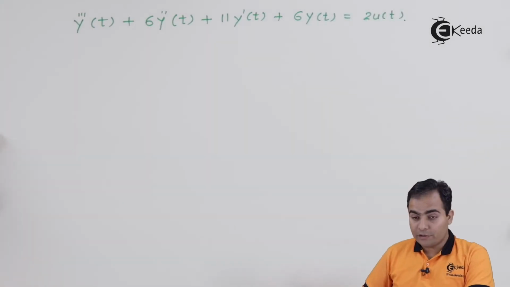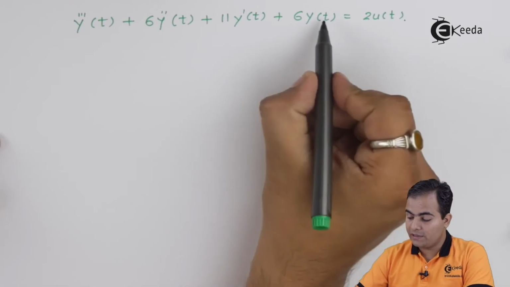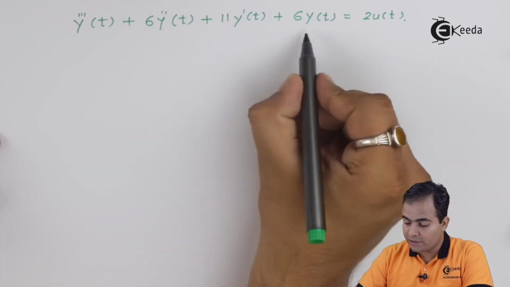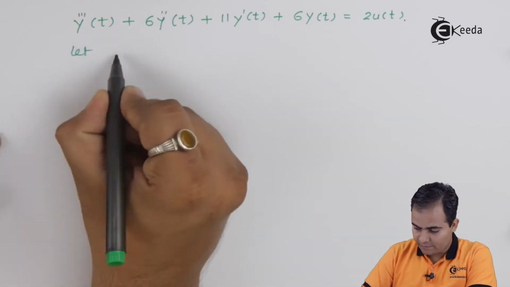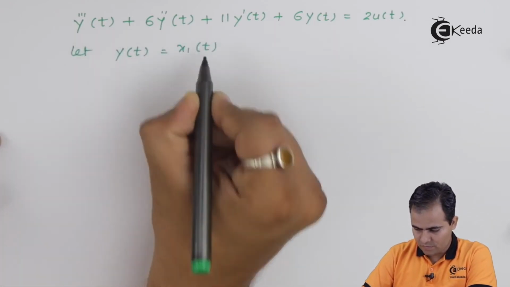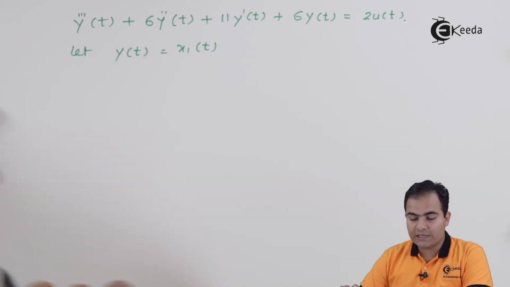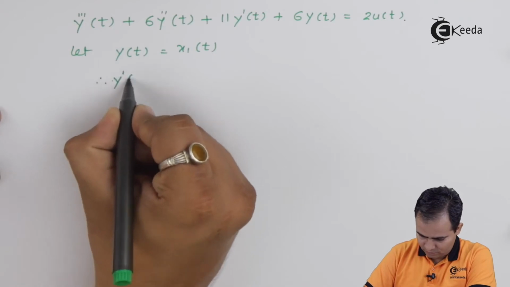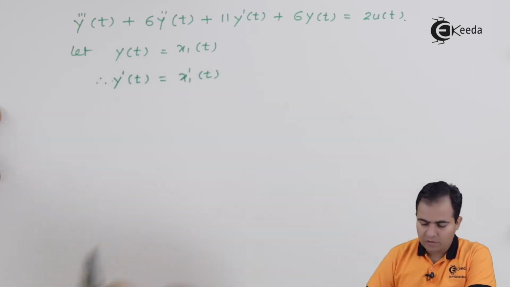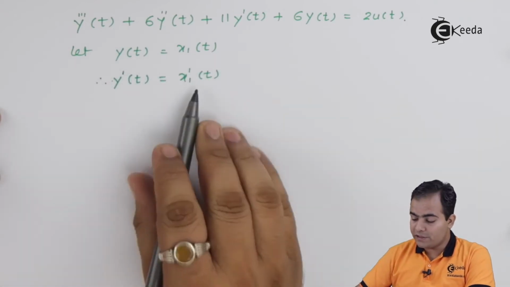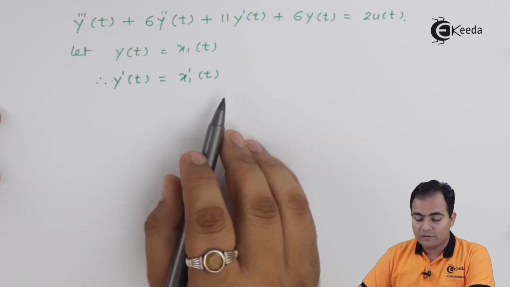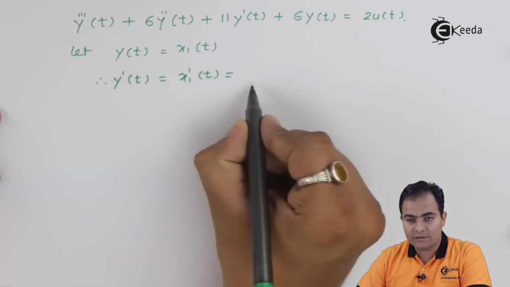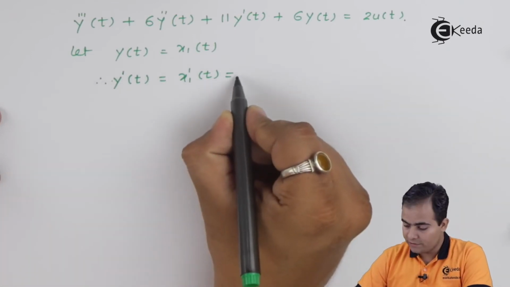Now we are going to substitute our state variable values on the left hand side, but we will start with y(t). So let y(t) be equal to x1(t). Now we will differentiate both the sides, but we can differentiate a state variable at most up to 1. So we will substitute the next state variable in front of x1 dash of t, which is